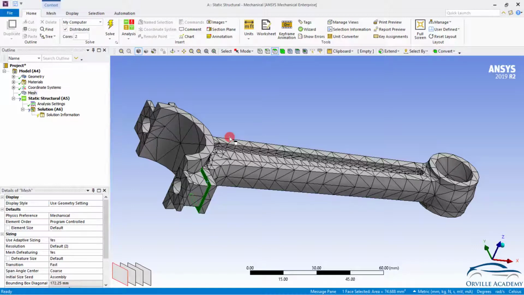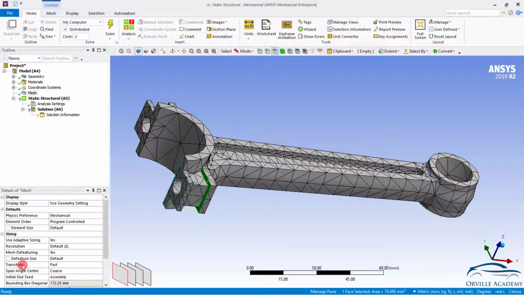With adaptive size activated, the mesher first refines the edges based on their curvature and proximity, but keep in mind, once it puts the fine mesh along the edges, it will not propagate that refined mesh along the face. An advantage of this approach is that we get better quality mesh with less element count. Once we set adaptive sizing to yes, to control the mesh we get various options such as resolution, mesh defeature, transition and many more.